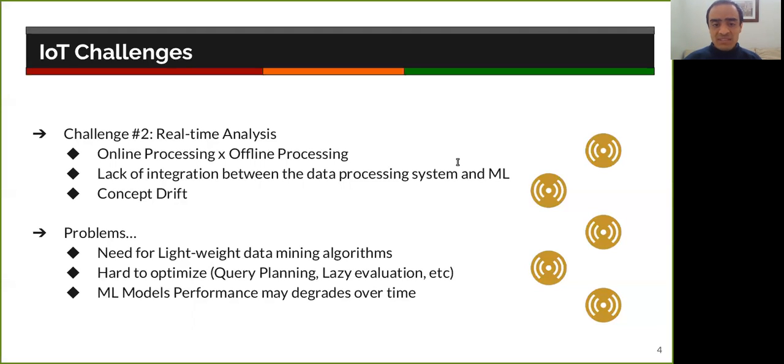Finally, IoT data is specifically subject to the problem known as concept drift. This is a problem related to prediction models that happens when the statistical properties of a target variable change over time. When that happens, the performance of the model tends to drop, and this leads to poor predictions. Therefore, an ideal solution should be able to detect and react to a concept drift.